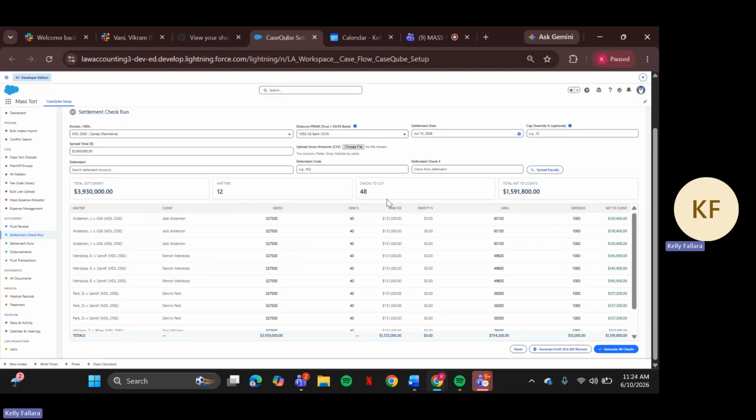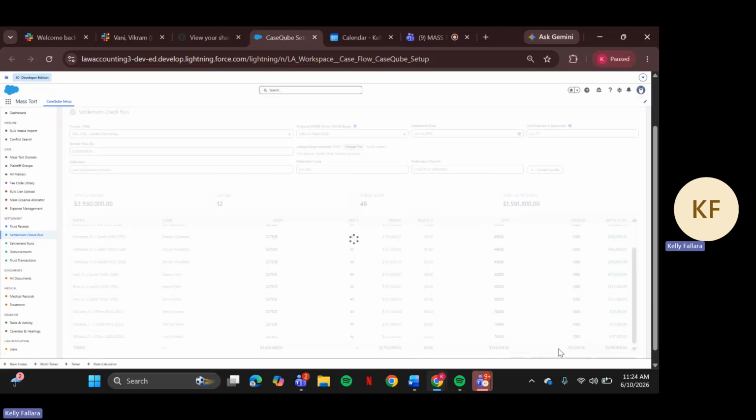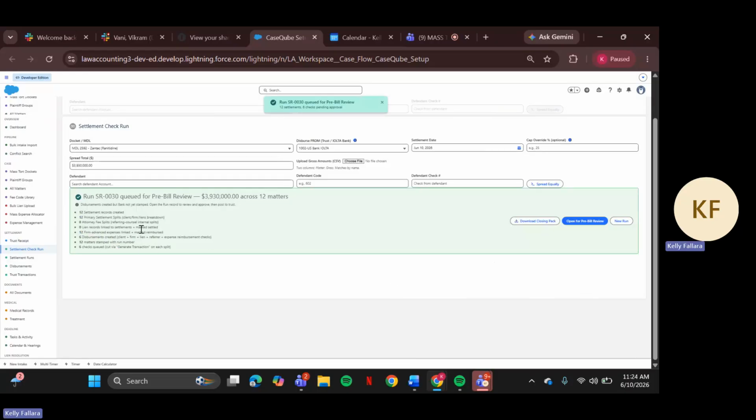across the 12 matters. So as you can see here, 48 checks to cut, and then the total net to clients with all of those accounting fees, expenses, and liens in mind. So when you are ready, you're going to click generate draft for pre-bill review. Again, you'll get a little description of what just happened in the system, and you're going to click open